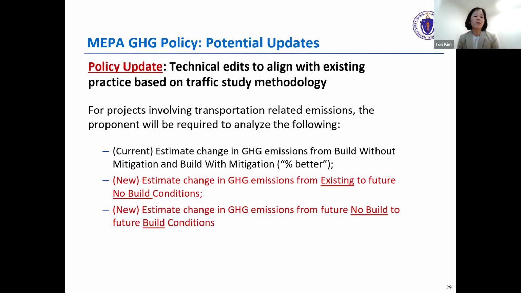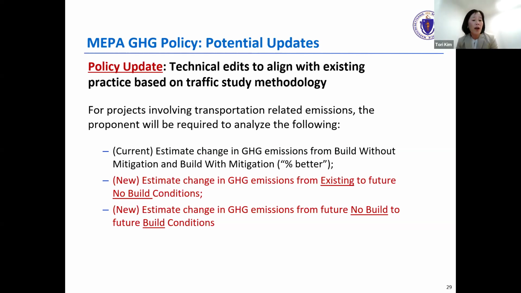One is just simply a technical edit to the policy. Right now, when we require a quantification of mobile source greenhouse gas emissions, we just require a percent better measure. What are your emissions with the project? If you are mitigating in some respect, how much are you reducing those emissions?